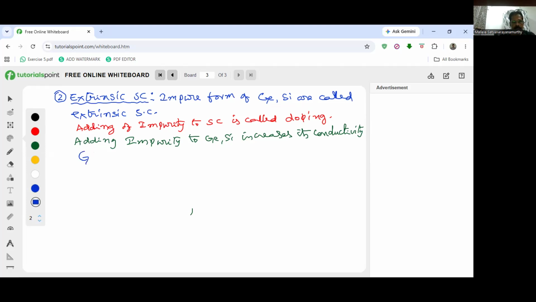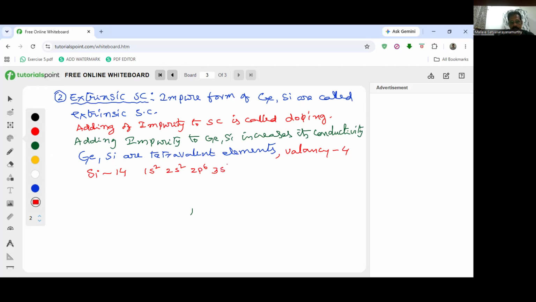So actually, germanium, silicon are tetravalent elements. Germanium, silicon are tetravalent elements. That means valency 4. Valency 4 means, for silicon, if you take atomic number 14, the electronic configuration is 1s2, 2s2, 2p6,